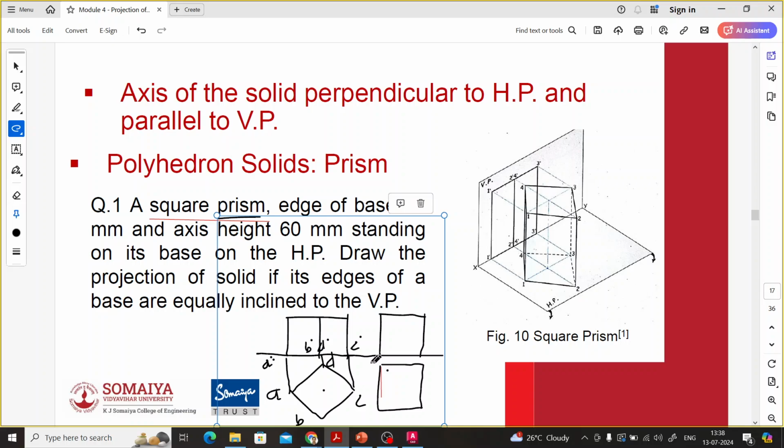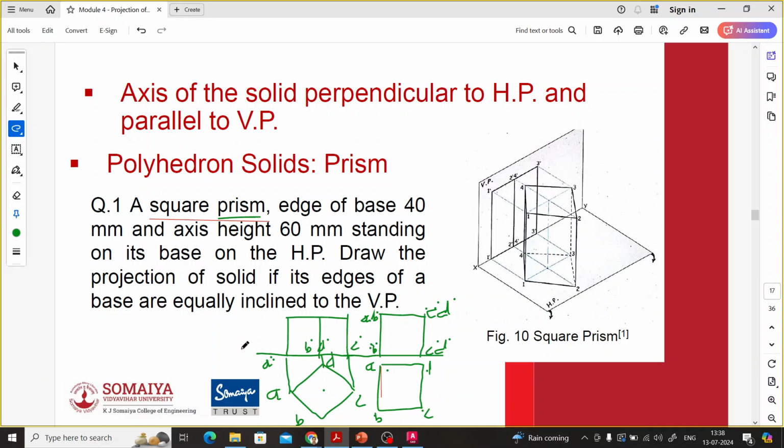If it is, this is A, B, C, D, then this will be A dash comma B dash, this will be then C dash comma D dash, correct? Bottom base also we can give the same name, C dash comma D dash, this will be A dash comma B dash. Now this is the basic shape that could appear, but we need to define whether it should